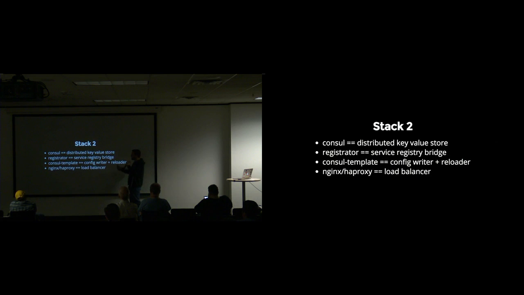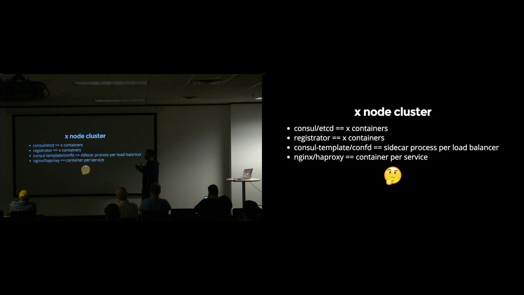Another common stack is the Consul stack, where you swap out Consul for the distributed KV store and use something called consul-template for the config writer and reloader. This is a pretty common stack as well. I see this around a fair bit too. For those two stacks, you start considering, what would it actually take to implement them? What would it take to really get going with that level of service discovery? Typically for Consul or etcd, you've got a concept of a master container, and you've got agents running in other containers. And then you've got Registrator running on each one of your nodes,